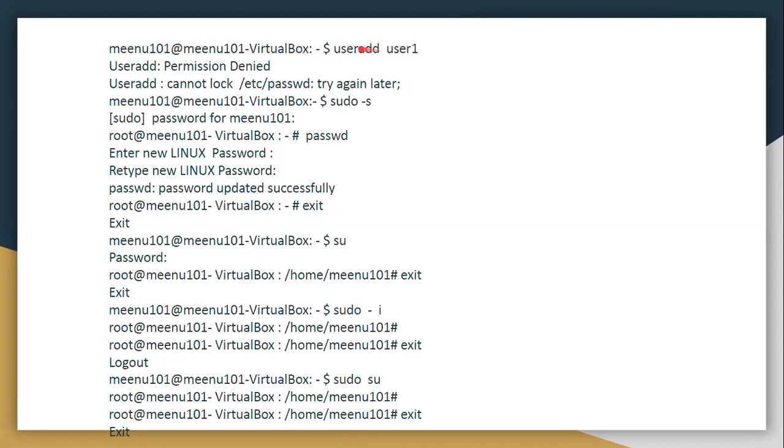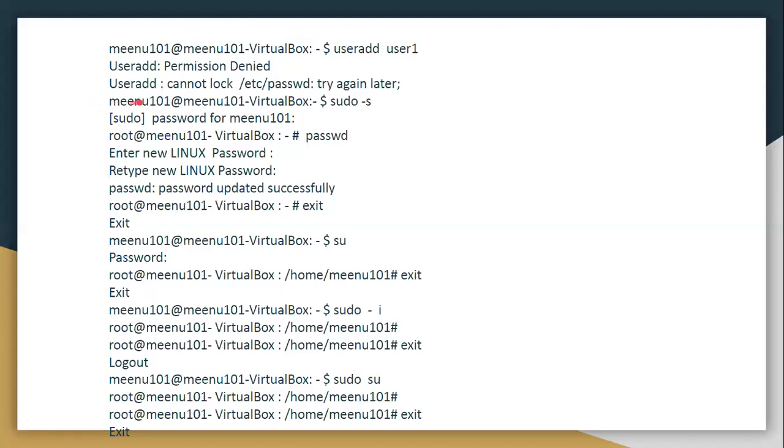Now, if I use the command useradd user1, this is my command. The output I get is: useradd permission denied, cannot lock /etc/passwd, try again later. That means permissions are denied for Minu101. I cannot add a user to my Linux terminal.